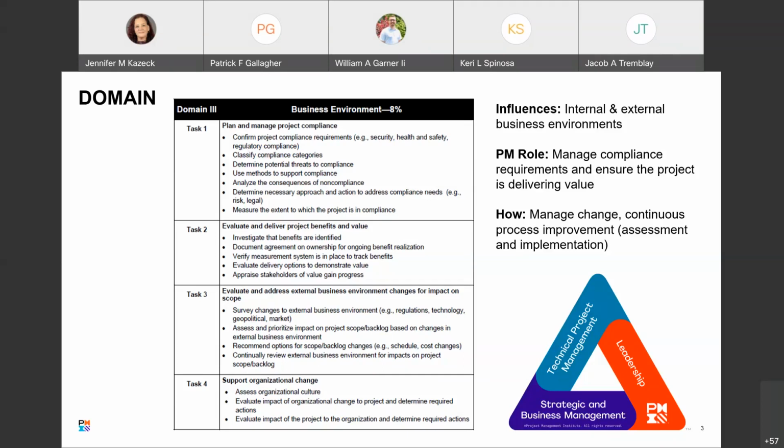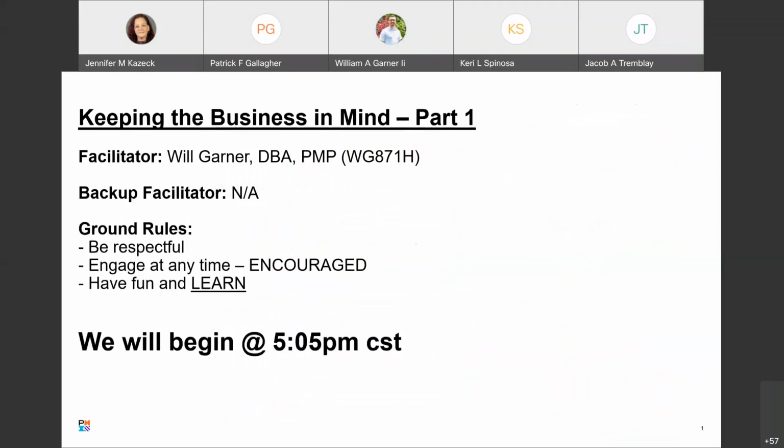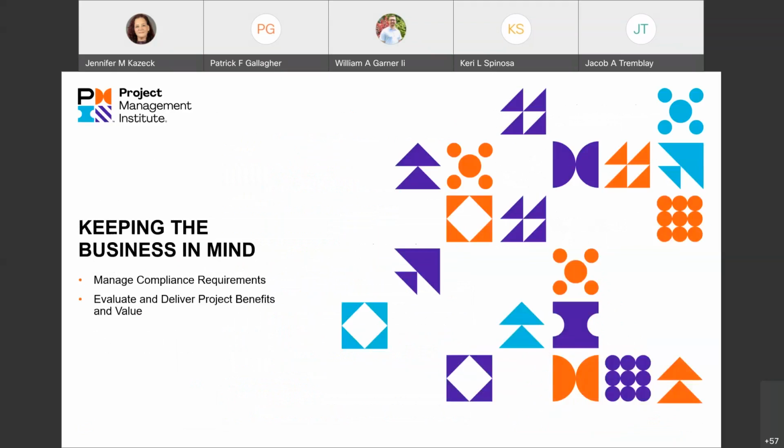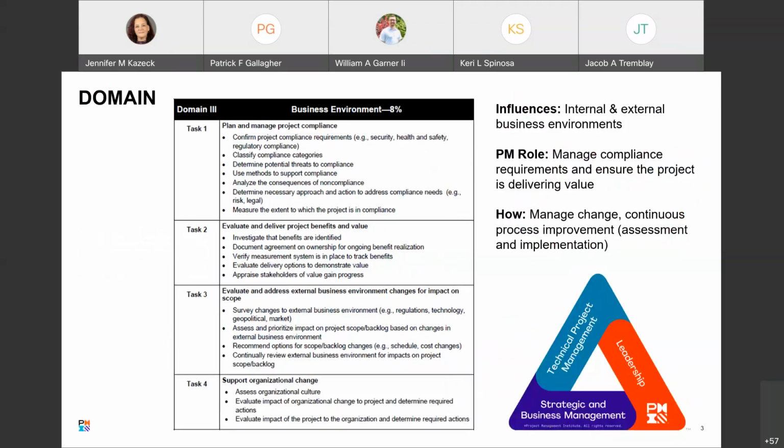So here we are. Now that I got my bearings straight and got things back together, today we're beginning keeping the business in mind. We went over the people domain, we went over the process domain, and looking at the talent triangle, the process would be more around this technical project management part. The people domain would be more around this leadership piece, maybe kind of all three of these would cover all those. But now we're stepping into the business environment, which is the strategic and business management part of this. Those are the types of topics that we're going to talk about, and this is the lens that we'll be